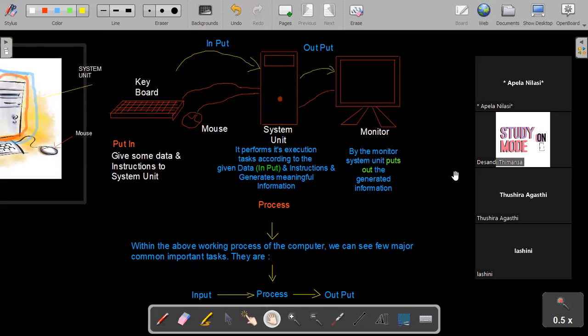Then now write down the topic, working process of the computer. Have you all written down that topic earlier? No, sir. After that topic, we didn't write anything, right? Yes, sir. Then after that topic,